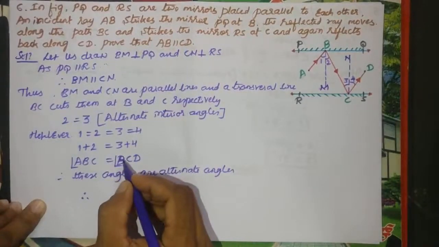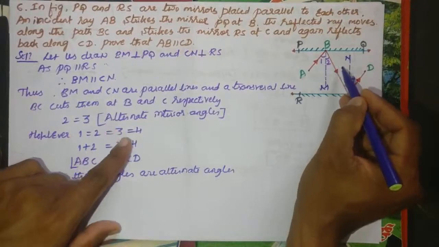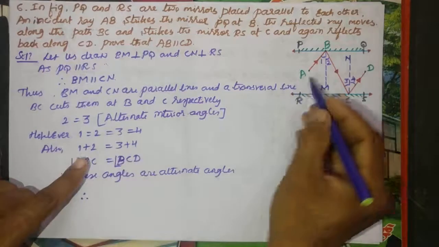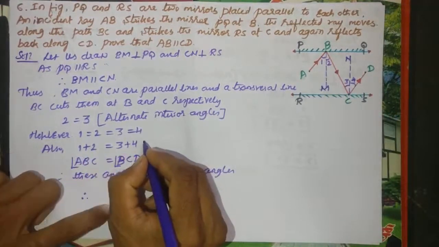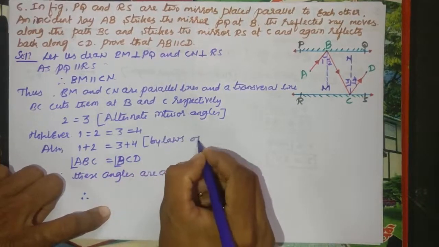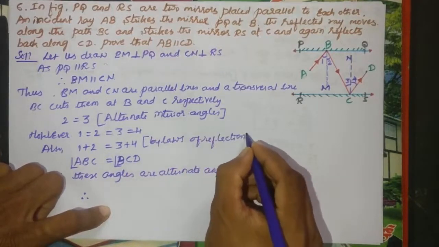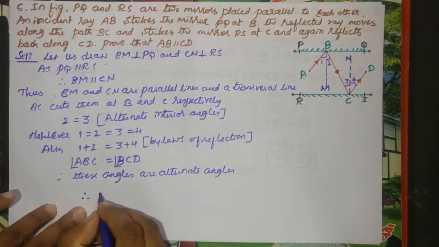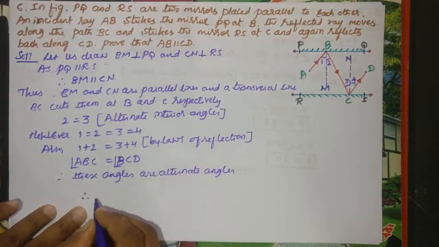I have taken 1 is equal to 2 is equal to 3 is equal to 4, and 1 plus 2 is equal to 3 plus 4, by laws of reflection. Therefore, angle ABC is equal to angle BCD. These angles are alternate angles. Therefore,